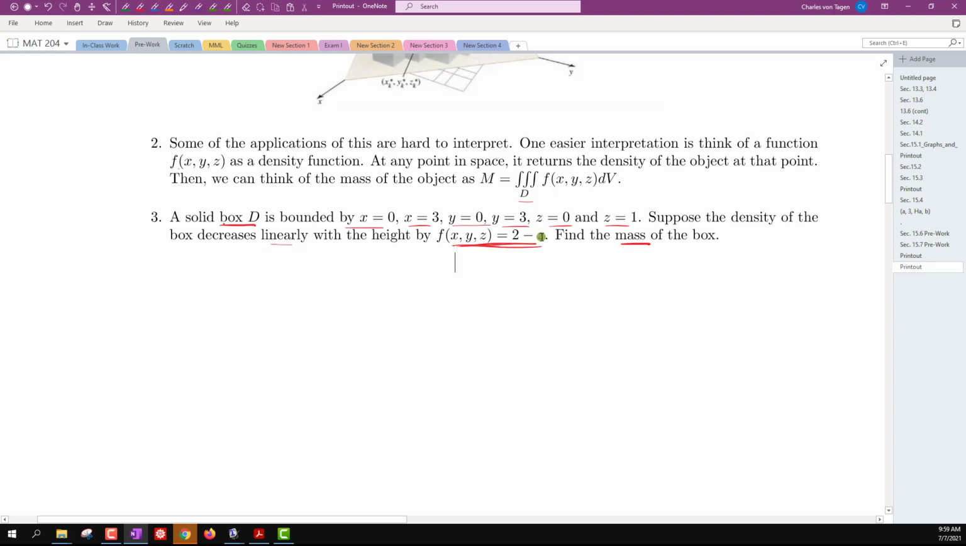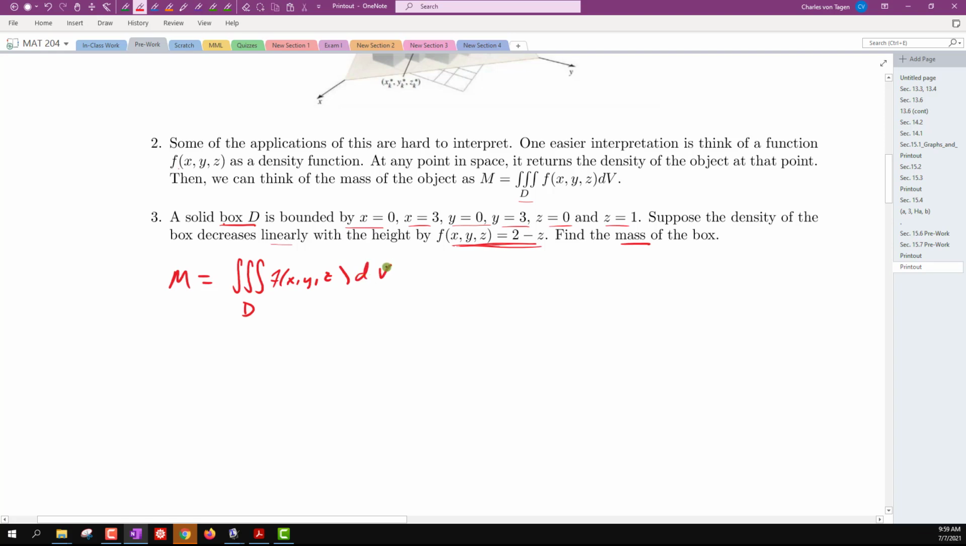So when z is 0, when we're down at the base of this box, it's got a heavier density than when we're up towards the top of this box. And we're asked to compute the mass of this box. So we said before that we could think of, I'm getting some sort of weird feedback, there we go, that the mass is equal to the triple integral over the region D of your density function